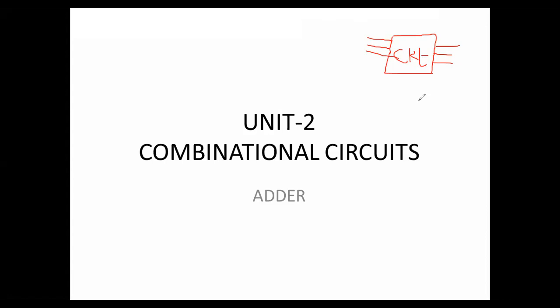Suppose if you are taking the multiplier, suppose we have taken a multiplier, then if you are giving two inputs, 2 and 3. Here we are taking the multiplier circuit. What is the output here? 2 and 3 will be given to the multiplier circuit, then 2 into 3, the result is 6. So that means here this 6 depends on the present input only.